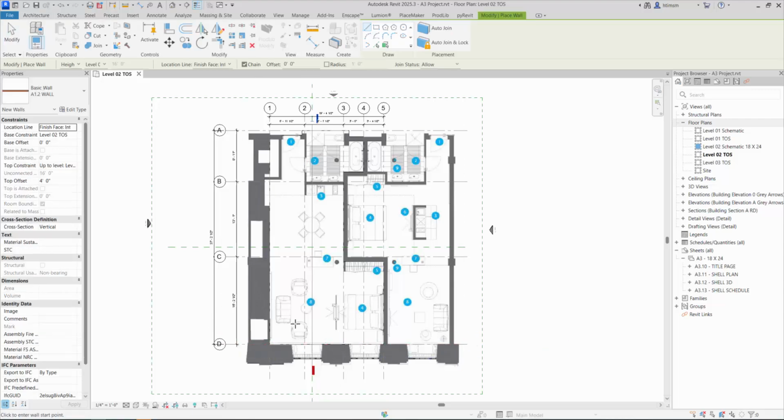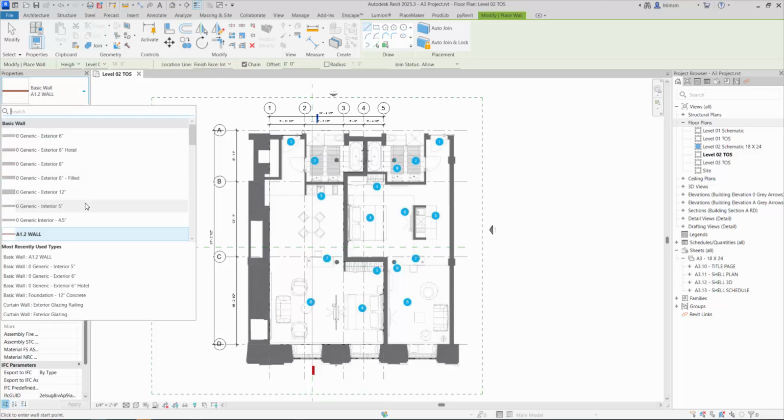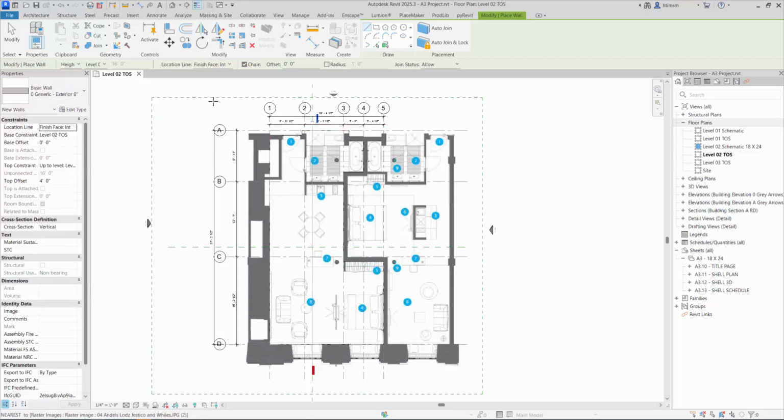This is obviously on a corner. But if I come to the pull down, I'm just going to scroll up and grab, how about an exterior 8-inch? Right? I do have a generic exterior hotel, which you could use, but I'll just stick with the exterior 8-inch. And then I'm going to make sure that it's set to finished face interior, because that's where I kind of put all my little